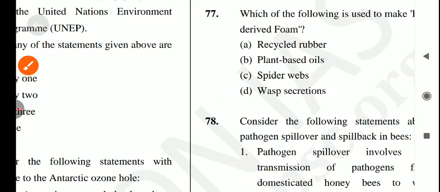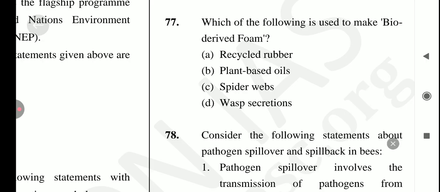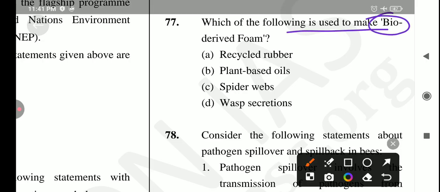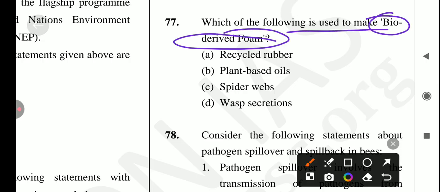Let's come to the next question, which is: which of the following is used to make bio-derived foam? Statement 1 is recycled rubber. No. Plant-based oils. Yes. Option B is the correct answer for this question. And if we're talking about the research